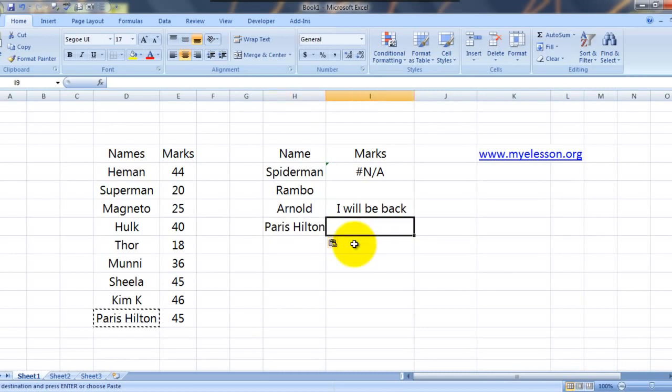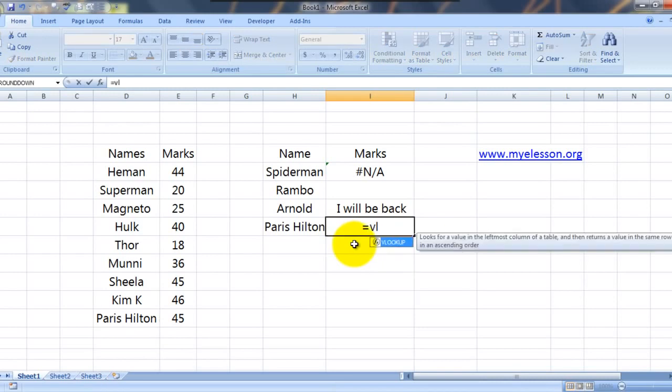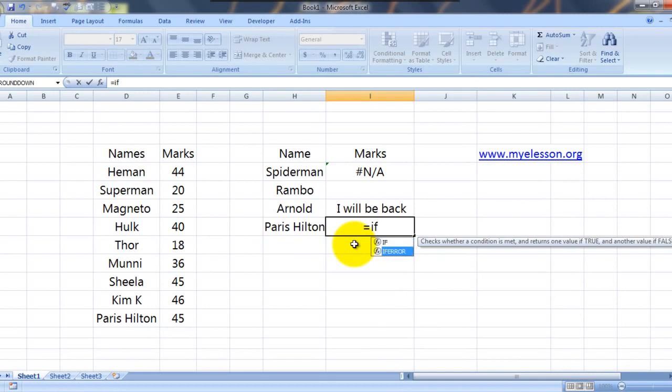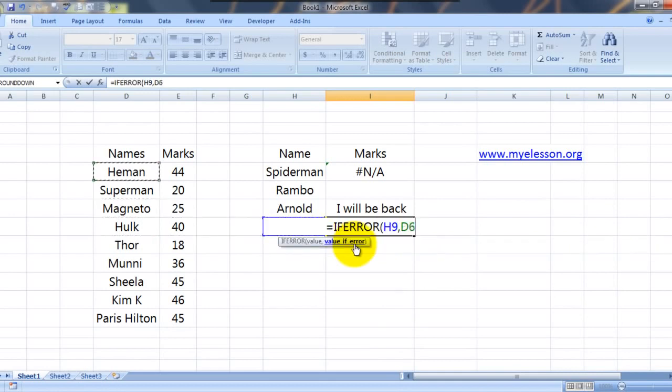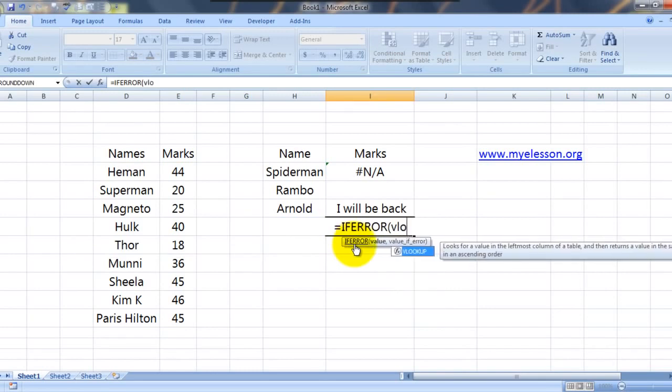Again, is equal to IFERROR. What am I looking for, and from where am I searching? Here, which is column number 2, comma 0, bracket close, comma. I forgot to mention VLOOKUP, and none of you actually stopped me.